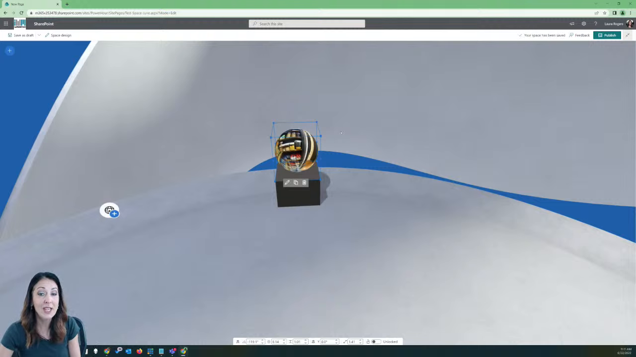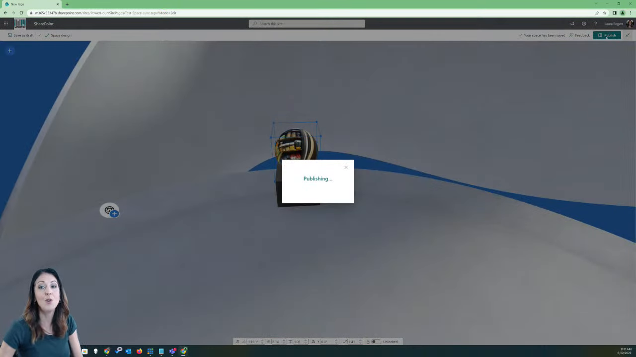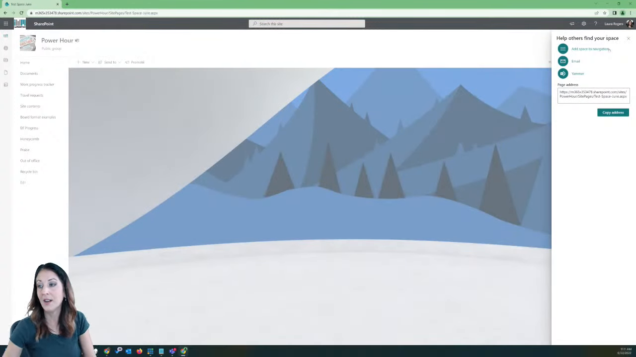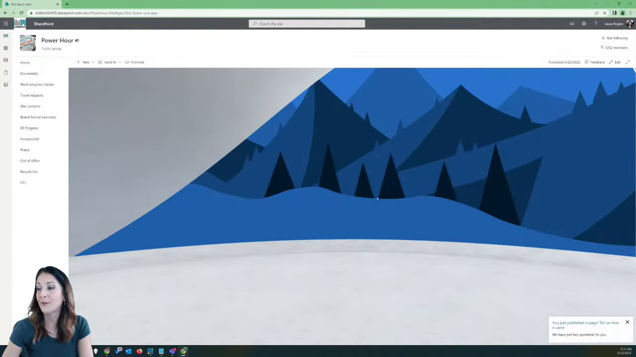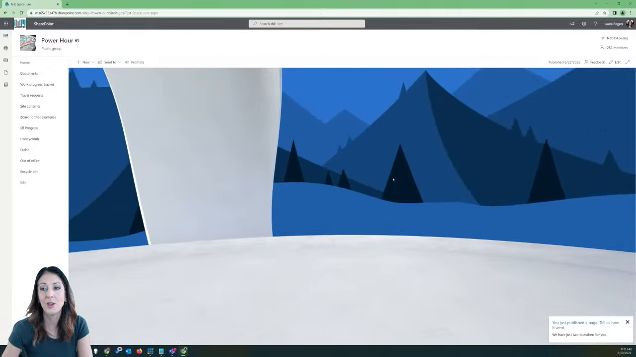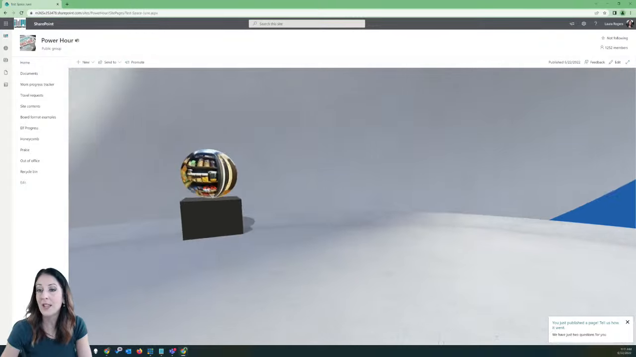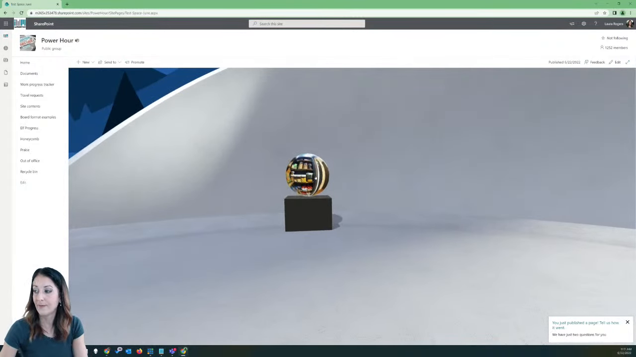So that's one of the tricky things, is that you want to publish the page. Then once you publish it, you can go into the 360 tour. That's probably the first place you might get stuck when you are trying to edit this and add things to it. So now I'm in the 360 image tour, the SharePoint space, and then